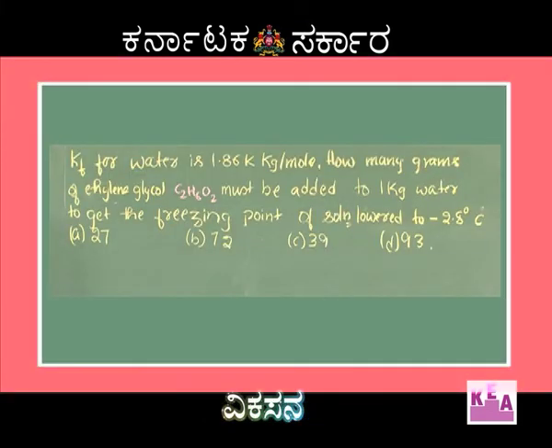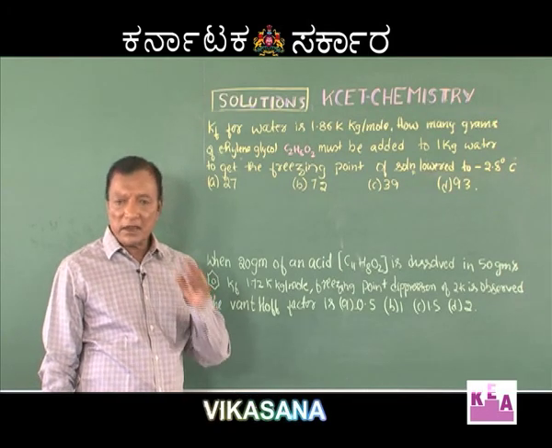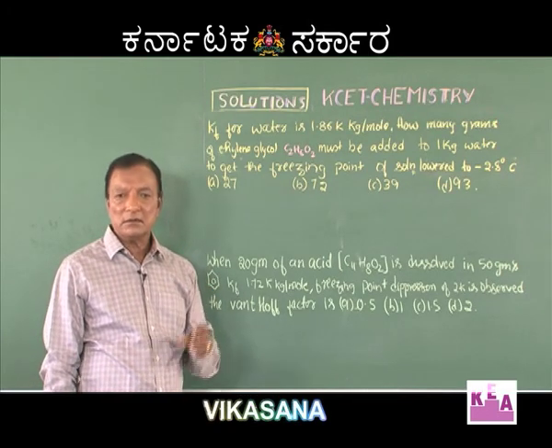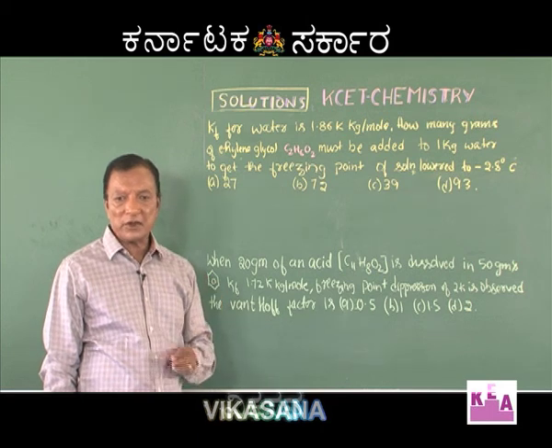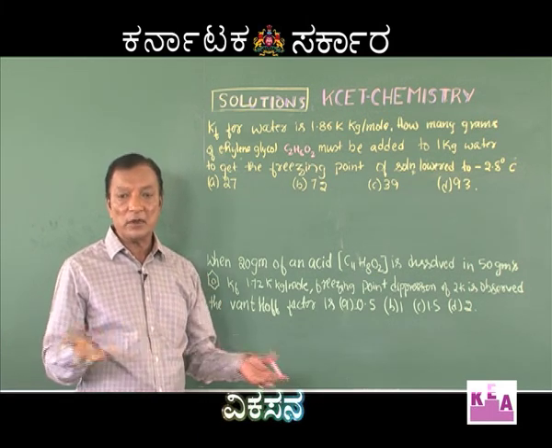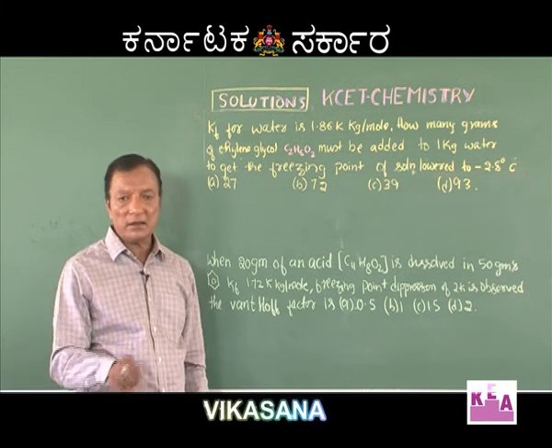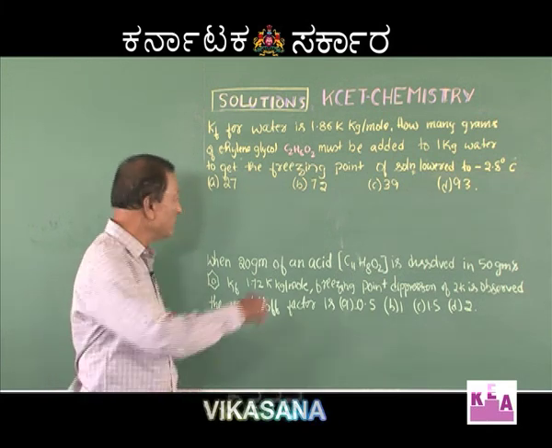How many grams of ethylene glycol must be added to 1 kg water to get the freezing point of the solution lowered to minus 2.86 degrees Celsius. So here, the freezing point depression and the freezing point depression constant, the two are taken there. The depression in freezing point is the colligative property, and this colligative property is given with a very simple relation